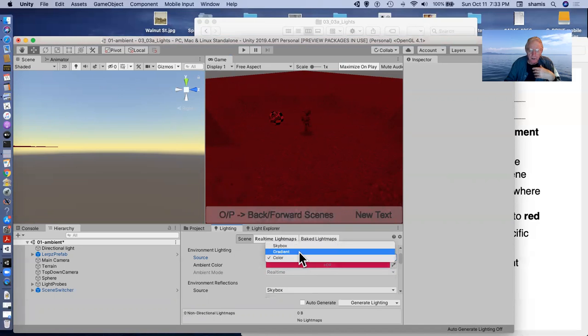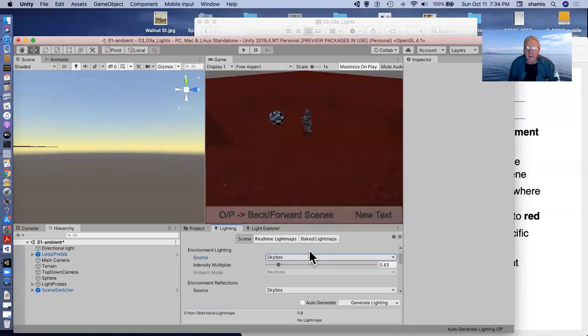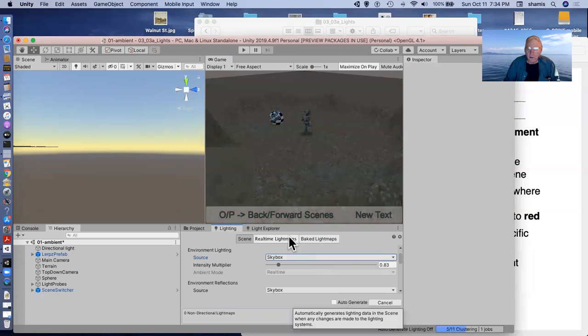Or we can choose a gradient, in which case we have a sky color, an equator color, and a ground color. The tops of things will be colored by the sky color, the sides by the equator color, and the bottoms by the ground color. I, of course, like the skybox as a much more interesting color scheme. So